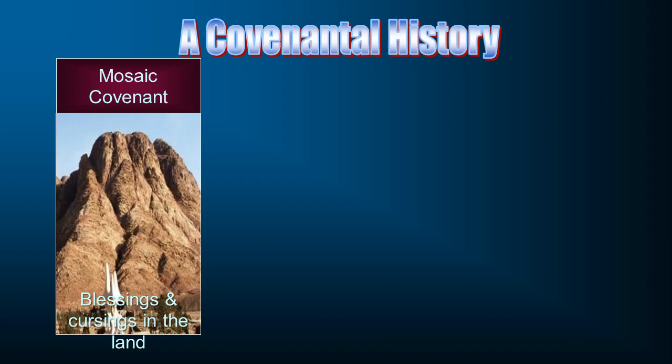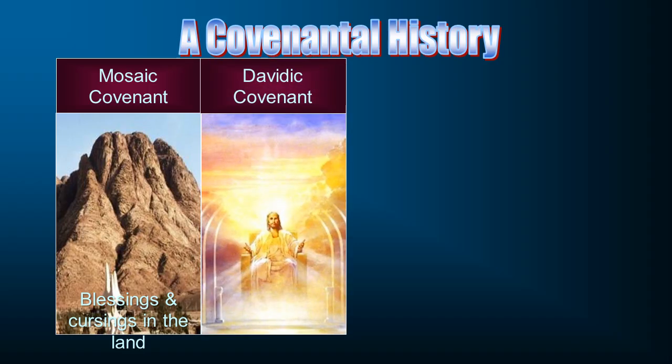So the Mosaic covenant. Next, we have the Davidic covenant, where God enters into a covenant with David. And this is a covenant not with all of Israel. This is a covenant with David and his particular descendants, his seed, if I can use that term. Where God says, David, you and your descendants will be kings, a whole group of kings. I'm going to bless you in a special way. You're going to lead my people. Now, there's a call. You have to obey me. There are covenant responsibilities.